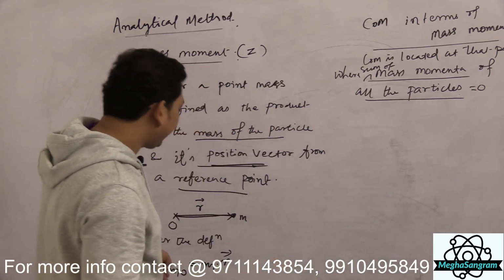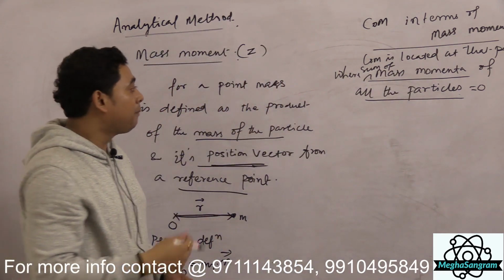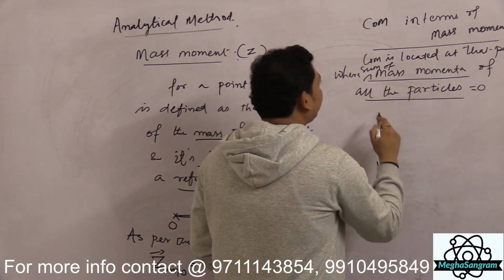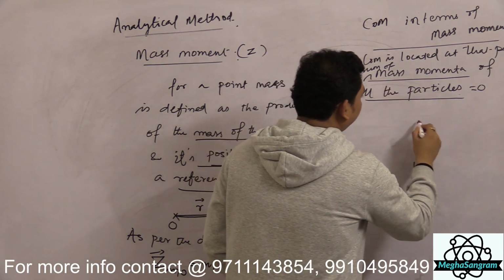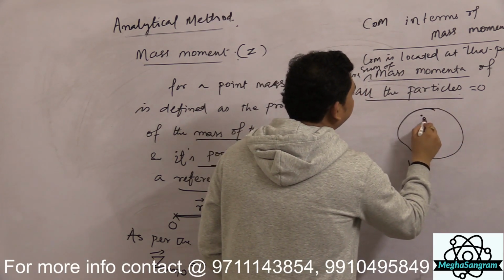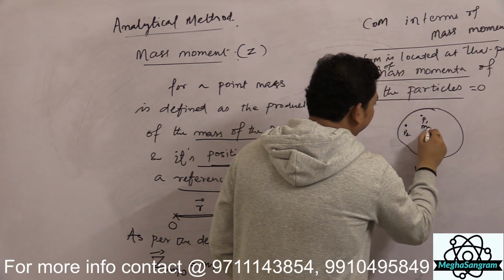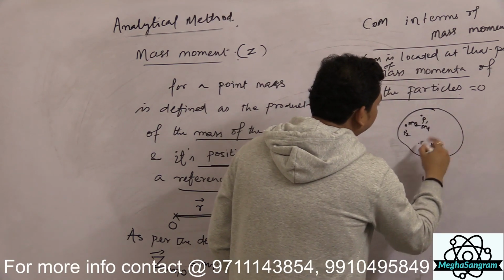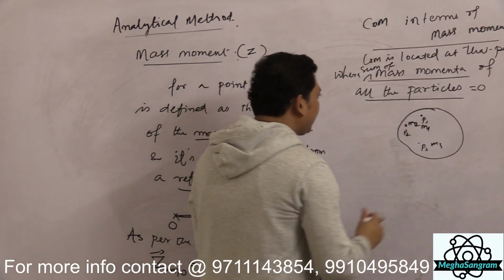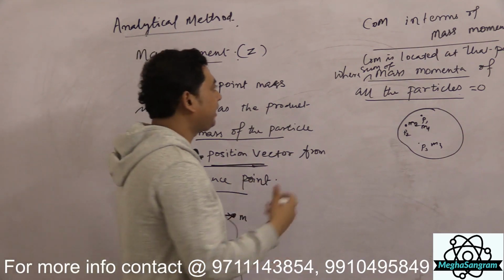So we already calculated what mass moment means: mass moment is equal to the product of the mass and its position vector. Let us suppose that we have a rigid body or extended body like this, consisting of various particles. Let's say this is particle number 1, this is particle number 2, this is particle number 3, and they all have different masses, m1, m2, m3, likewise. Since we do not know how many masses there are, we will write a general concept. We will generalize it here.